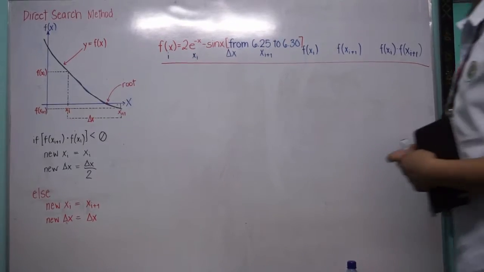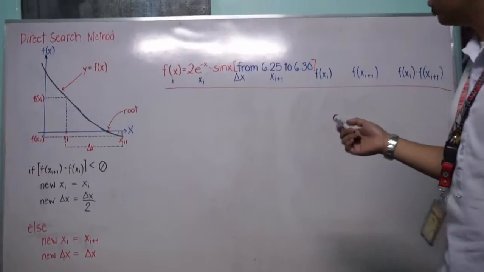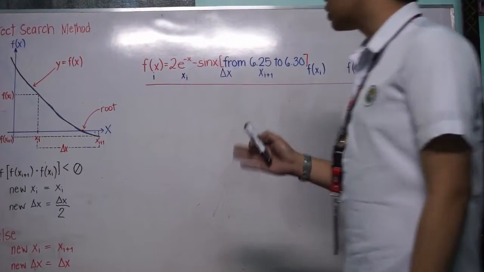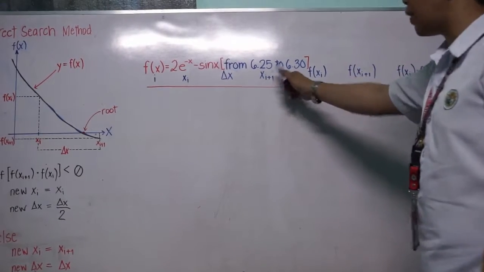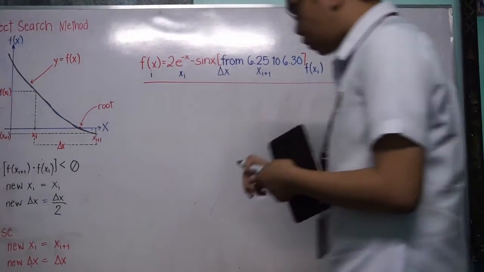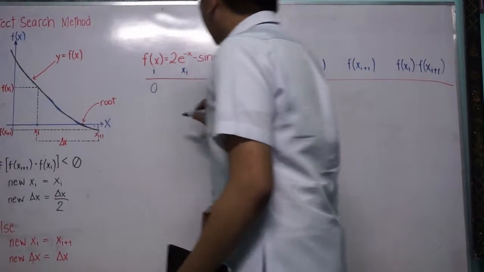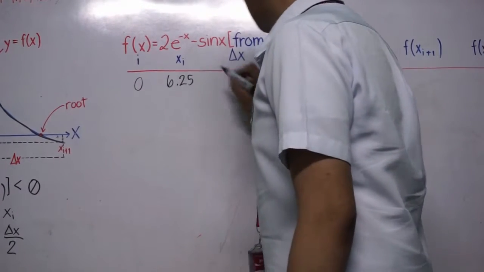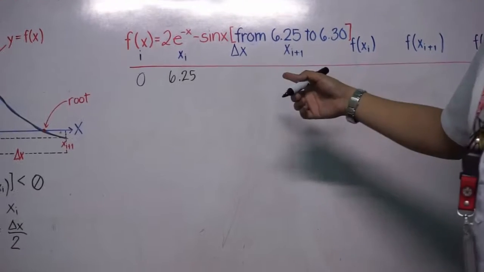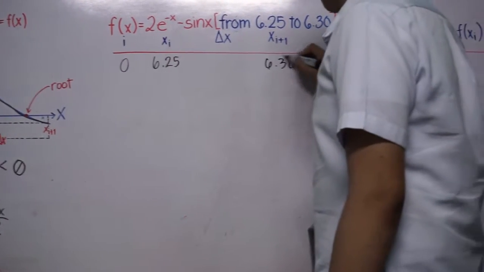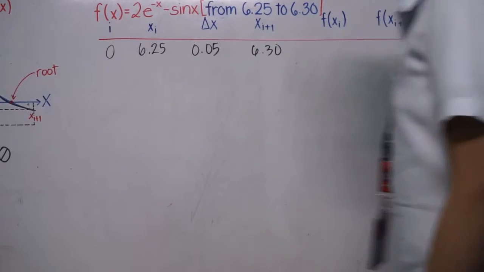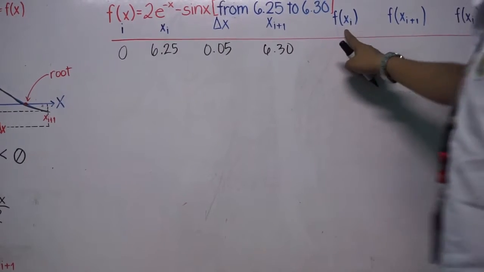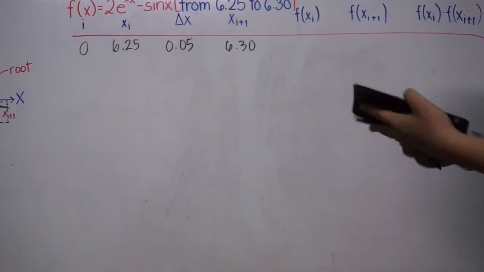For example, we are tasked to find the root of the equation 2e^(-x) minus sin x from the interval 6.25 to 6.30. From the starting iteration, x_i is equal to 6.25, and delta x is the difference between these two, so 6.30 minus 6.25 is 0.05. Substituting these values to find f of x_i, we will find that f of x_i is equal to